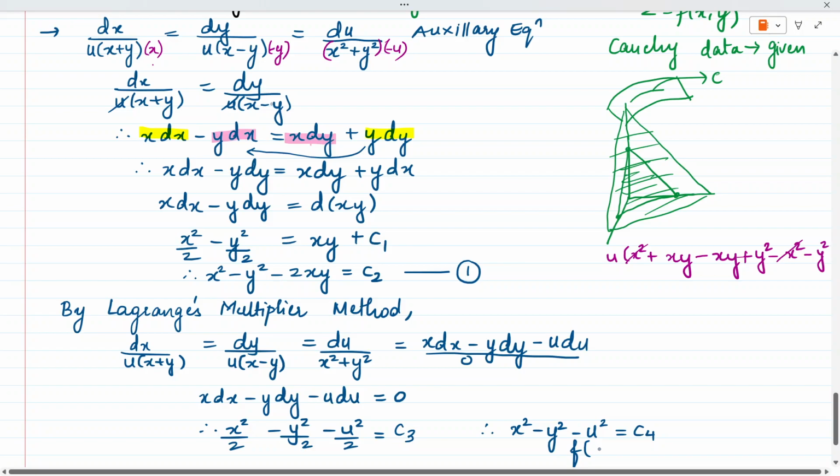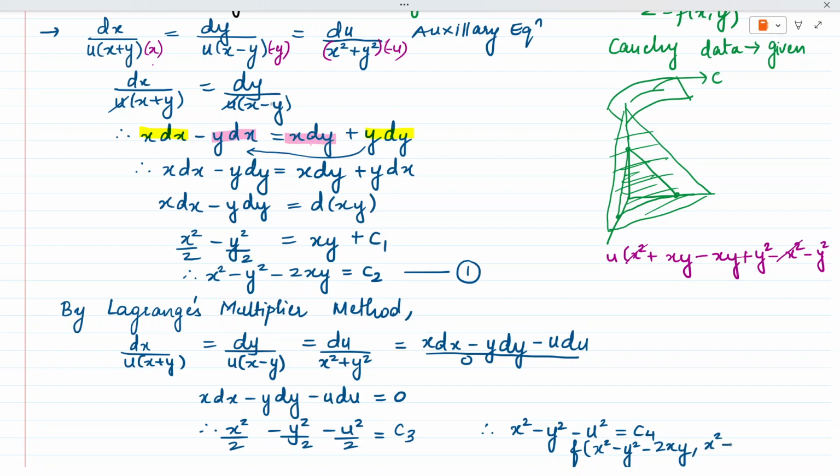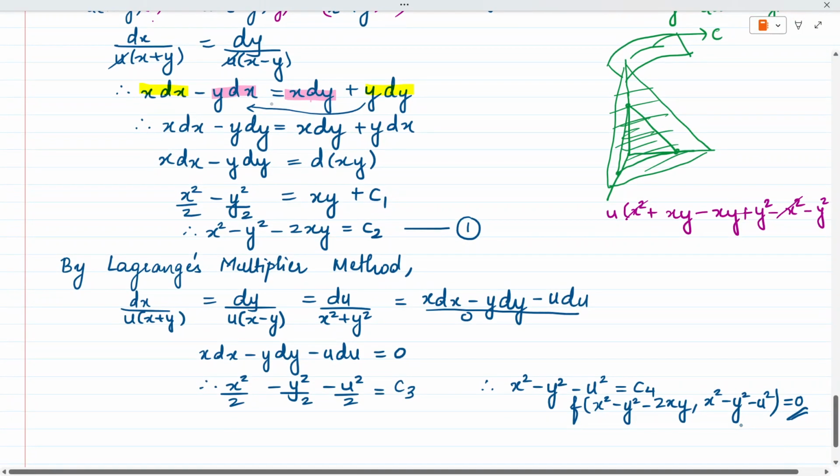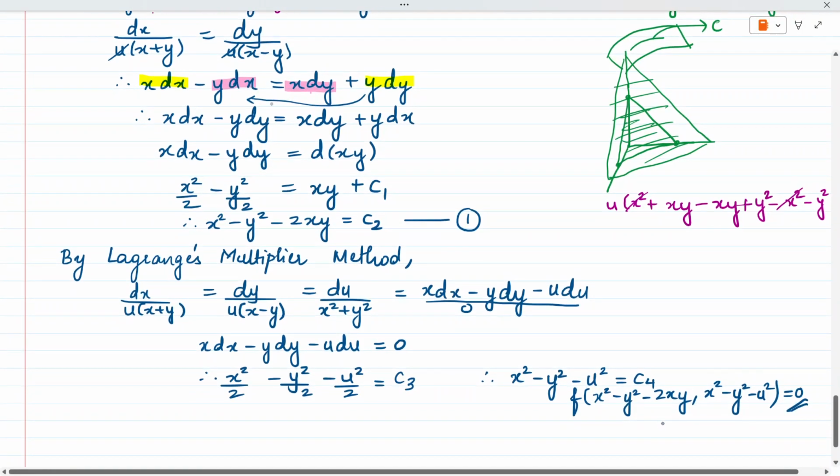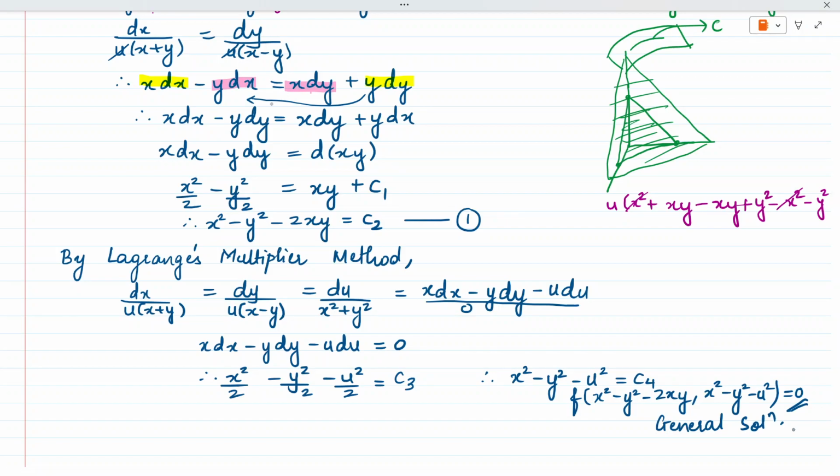And finally, you can write this as a function of x square minus y square minus 2xy, x square minus y square minus u square is equal to 0. This what we have got is a general solution. ठीक है, ये हमको जो मिला है वो जनरल सोल्यूशन है, सम कंप्लीट नहीं हुआ है बिकॉज यहाँ पे कॉशी डेटा गिवन है, उस कॉशी डेटा को यूज करके आपको सम को सॉल्व करना है।